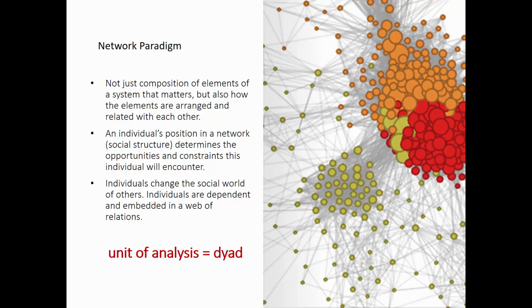But anyway, this is really just in a nutshell. If you're more interested in these kinds of things, there's a lot of research happening that I do with colleagues on this. The network paradigm essentially is that the unit of analysis is not individuals anymore, or single independent observations, but dyads. A dyad is basically a pair of two observations. That's the smallest unit in networks.